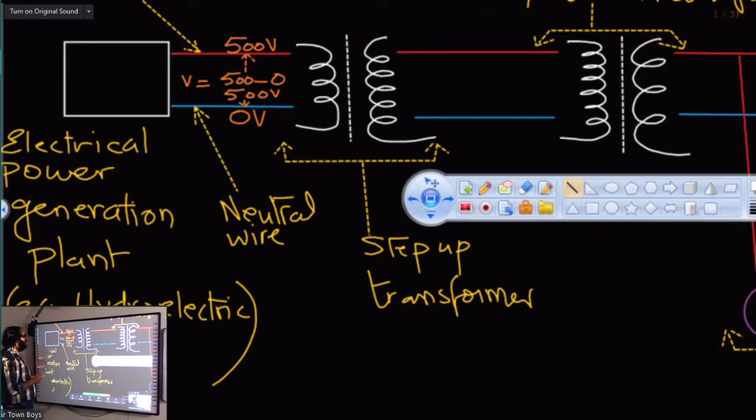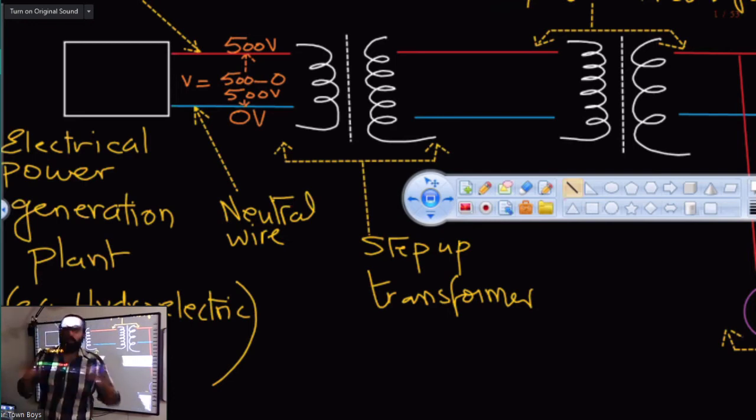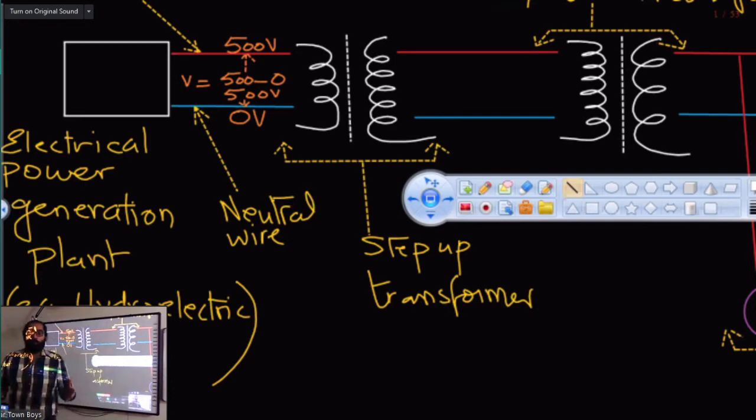Now, there is a specific purpose of a step-up transformer. But before defining that purpose, I would just like to add that a transformer is an electrical component. I'm going to write the definition of this. Don't worry about that, but rather we have to study the whole mechanism of the transformer, how a transformer actually works. But right now, for your understanding, we can say the transformer is an electrical component which can transform